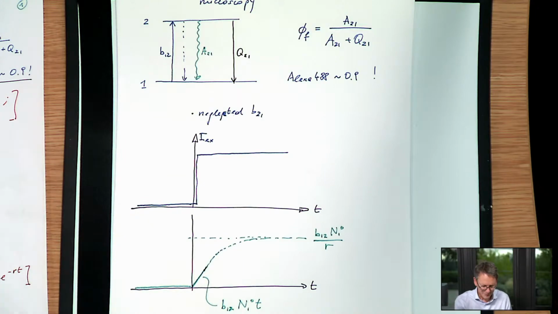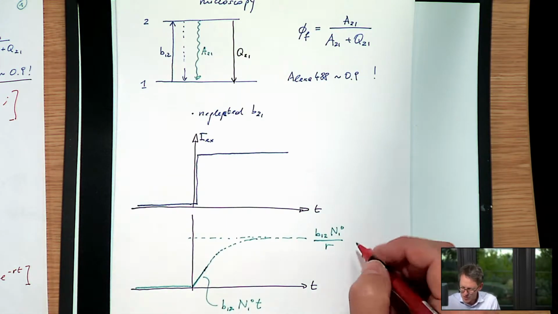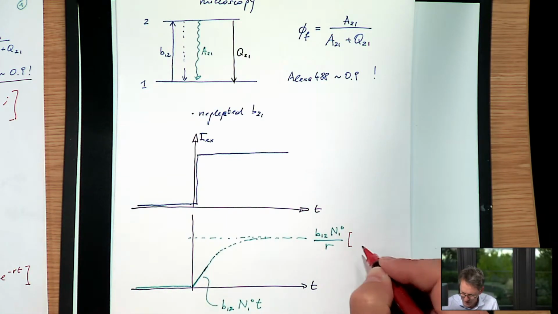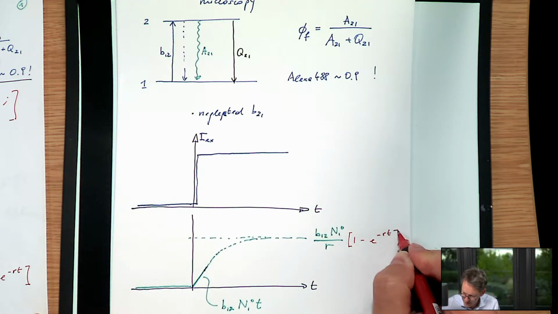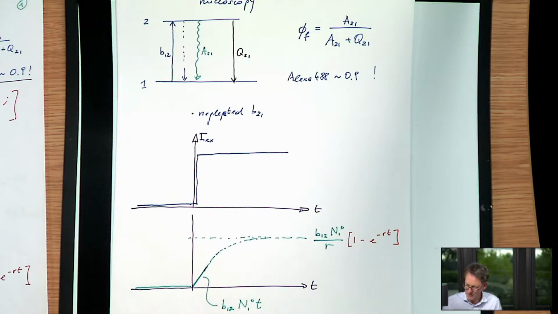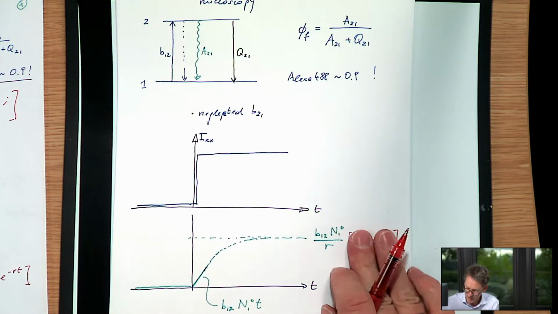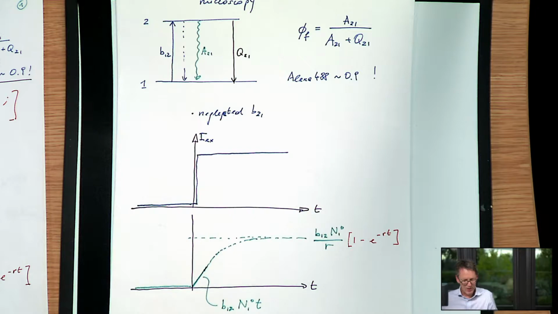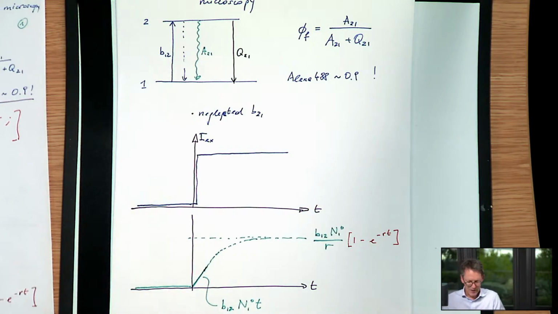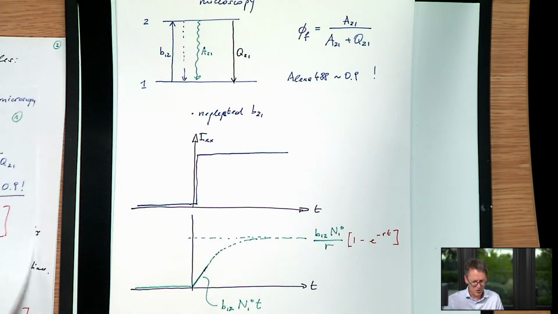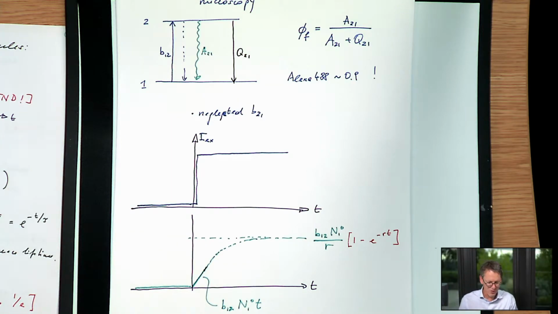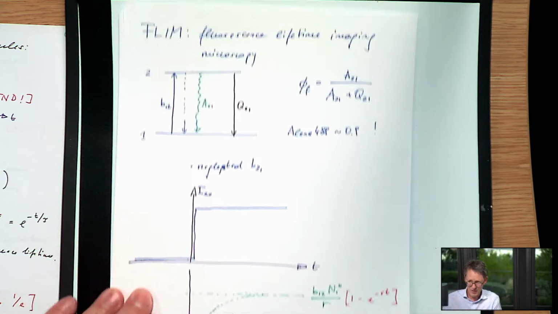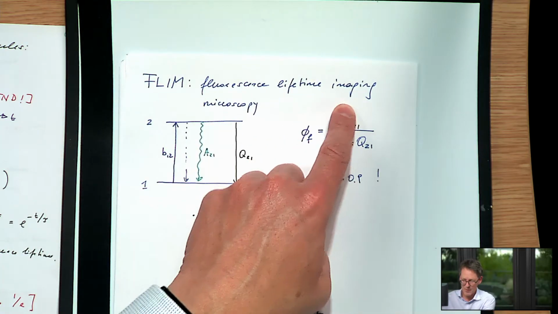And so you remember, in between, the whole system can be described by this formula here. So this describes this function. For very small t, this reduces to this, and then for very large t, this reduces to this green function here. Okay, so let's now turn to two pictures in which we can understand this process of fluorescence lifetime imaging